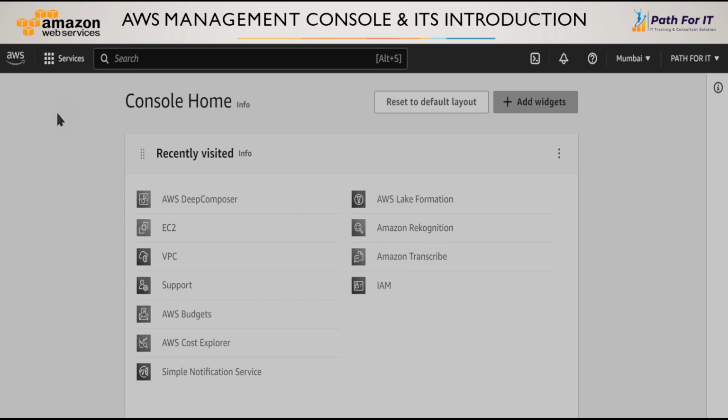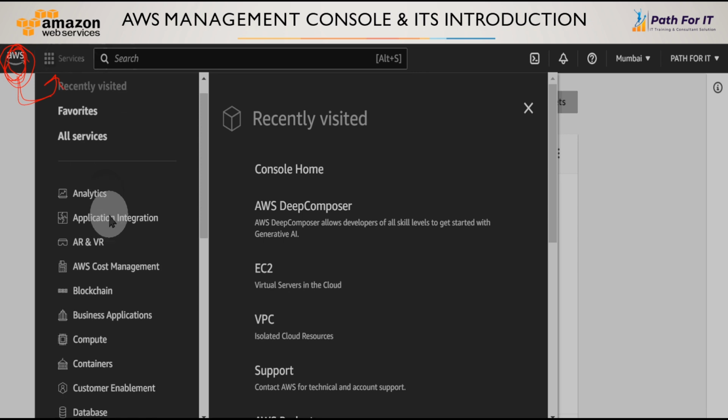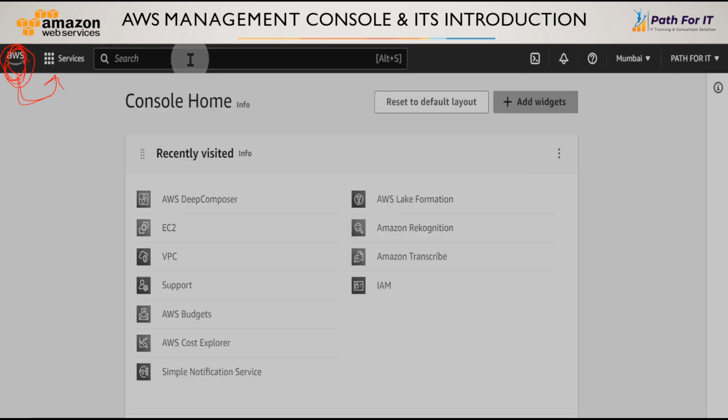Now we'll try to understand the AWS Management Console, and we'll have a basic introduction to it. Once after login to AWS, we can point here to get the home of AWS. Right next to your home, you can move towards services. In services, you will have all kinds of services, products and sub services. In the left menu you will be able to get all the services.